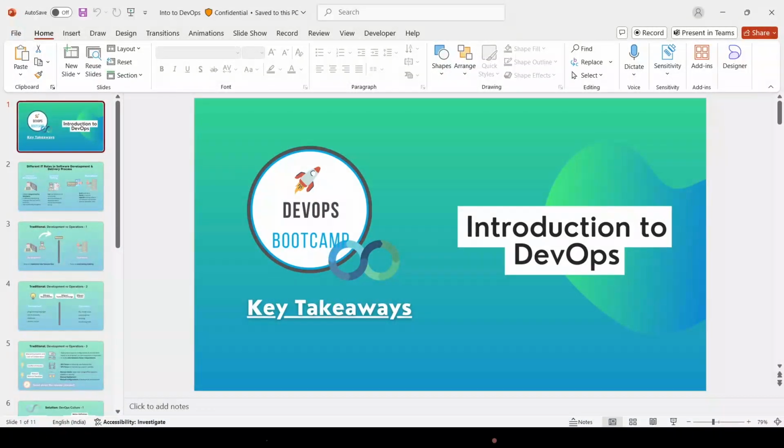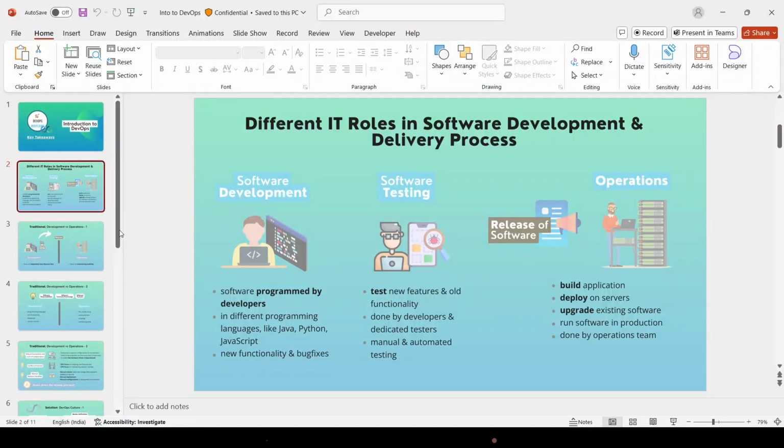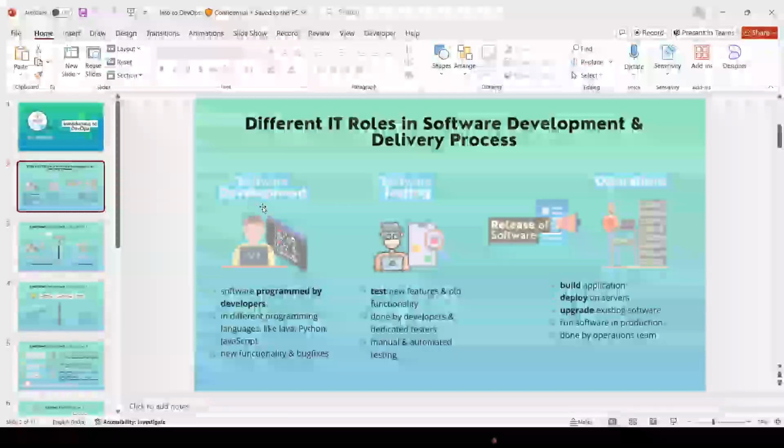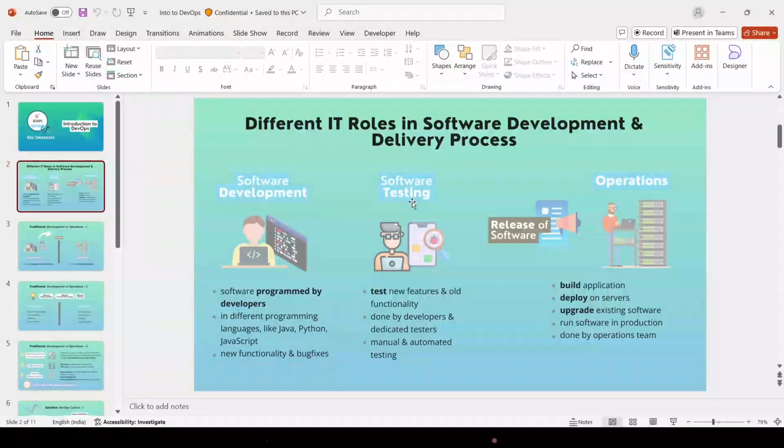Let me share this. Okay, so normally if we consider an organization, we will have a team with software developers, testers, and operations guys who manage the servers.